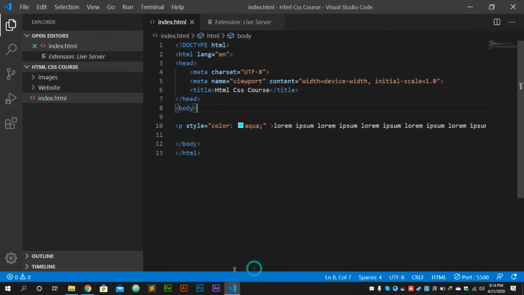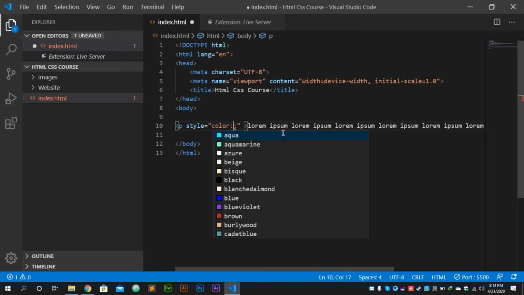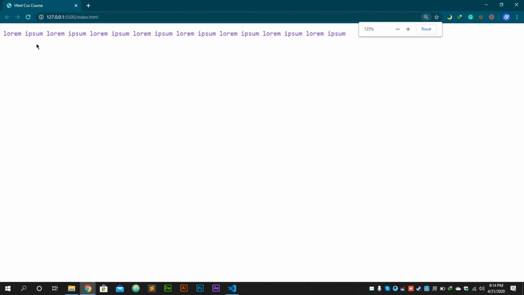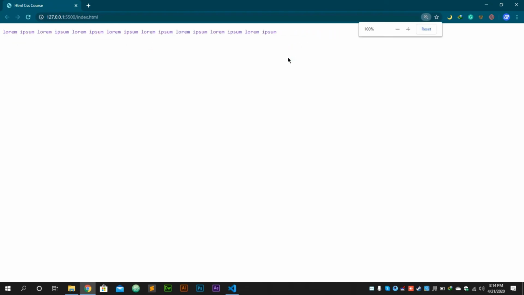And now the color aqua is not showing clearly, so I am using another one. I can use blue violet. See, its color is changed.